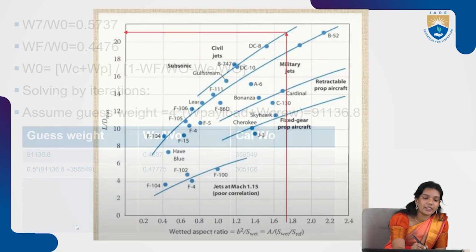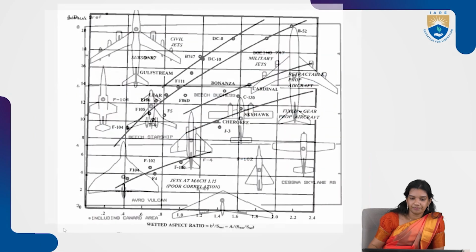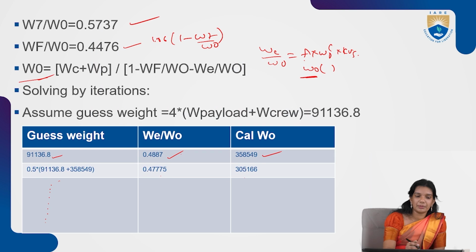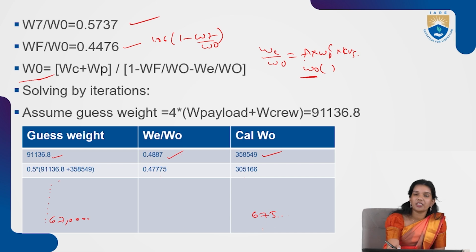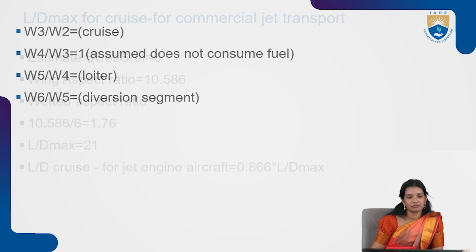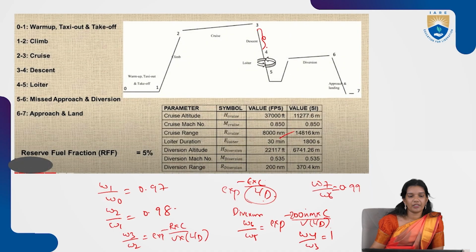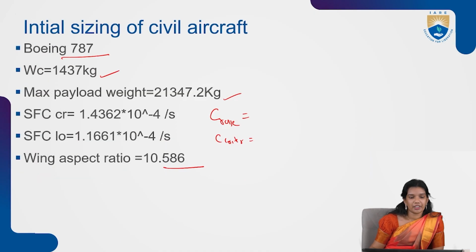Then finally at a point I get the same number. Similarly, almost you're going to get 67,000 or so, whatever, right? So approximately it is going to be 67,000 or whatever, so 67,5 or whatever, so on. So that is where your convergence stops, and that is where you say that now this is my calculated W naught for a given mission profile. Okay, so for a given mission profile, for a bomber 787, my calculated W naught is going to be that,